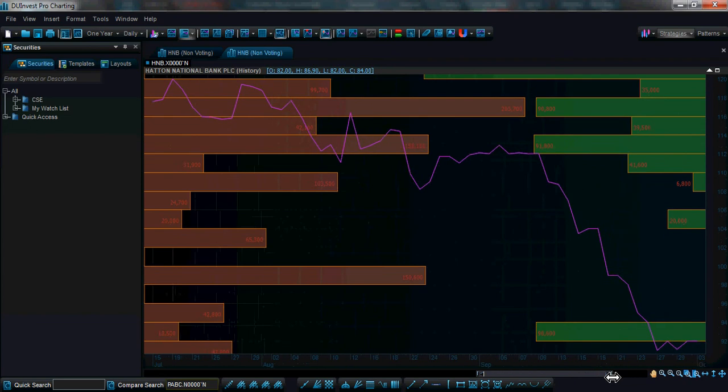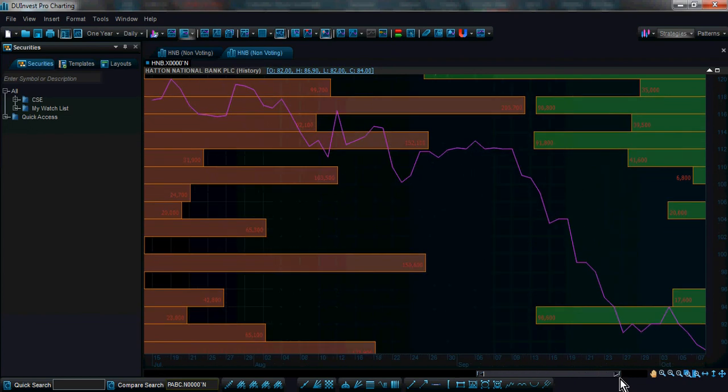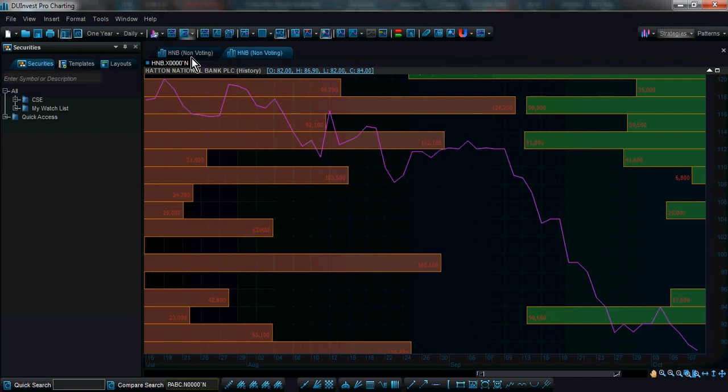Now I'm pretty sure that as a broker or maybe as an investor, with this kind of information you can derive a lot of information related to support and resistance, and this is the true power of this application. Now this is the net change, but if you want to see it as a percentage, that also can be done.